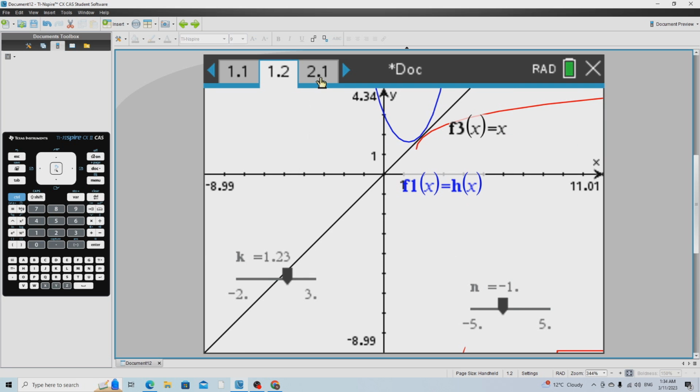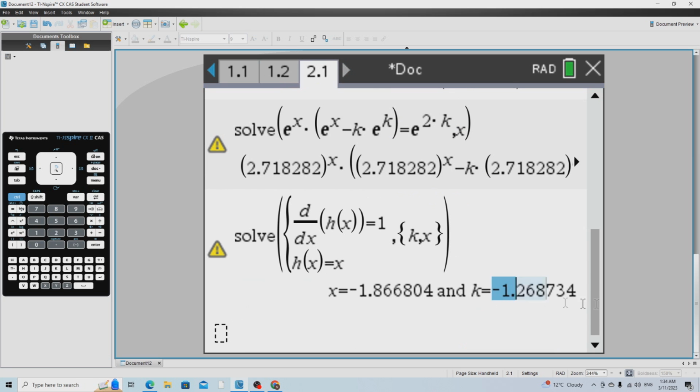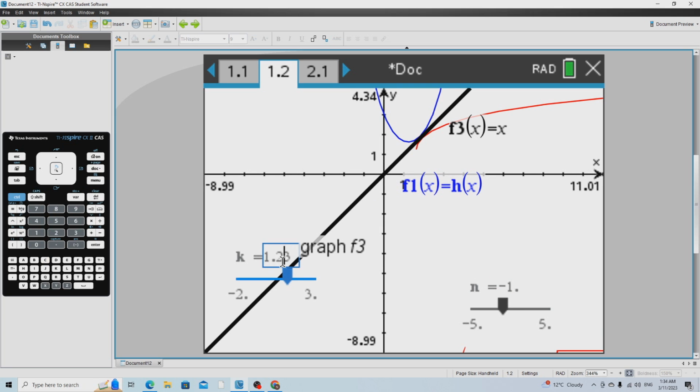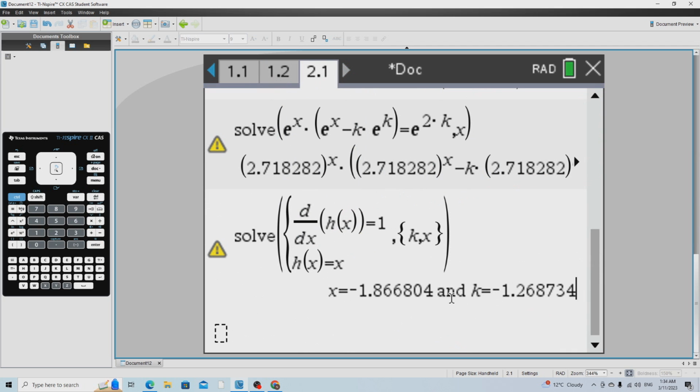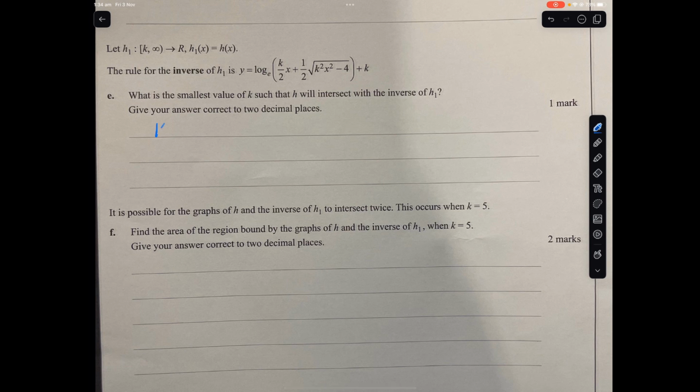And we need to double check it. Is that true? Can we take this and make it positive? Aha, perfect. Yes, it does work. So it is this k value, and that is the smallest, and we know that also it is a positive. So yeah, k is just 1 mark, so